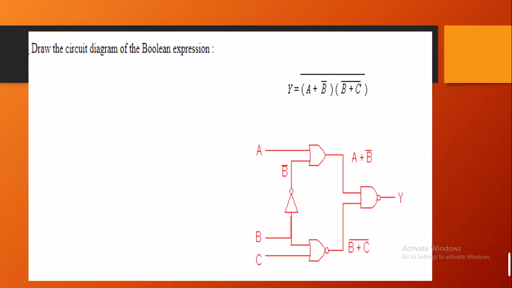Coming to the next, that is Boolean expression. With the help of a Boolean expression we are drawing a logic circuit. This is y equals (a plus b dash) into (b plus c dash) whole dash. In this, an AND gate, sorry, this is the OR gate. This is the OR gate with a and b dash, there is a NOT sign. C and b, there is an exclusive OR sign, and then negation is there, and then it goes and comes to be the output.